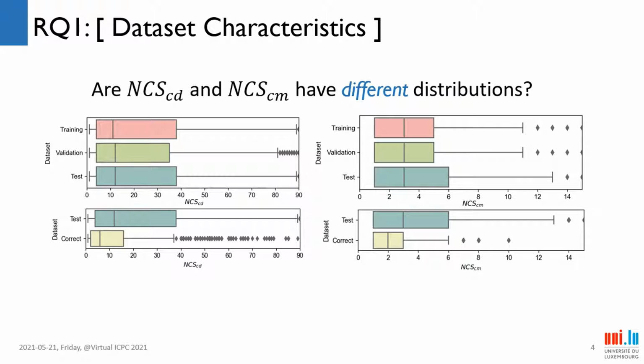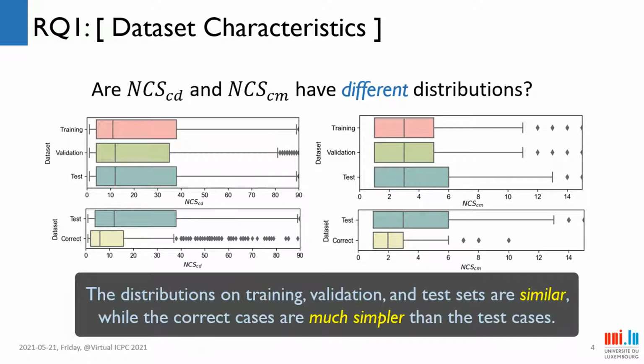This time, we observe an obvious difference in the distribution. The median value of NCS code in the correct set is only about half of the test set. Similar statistics result in NCS comment. This shows the distributions on training, validation, and test sets are similar, while the correct cases are much simpler